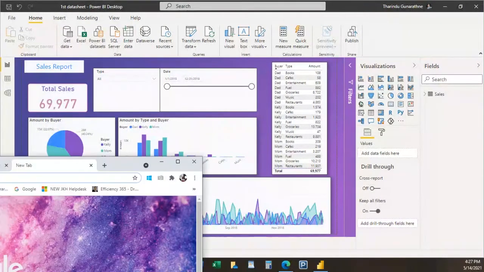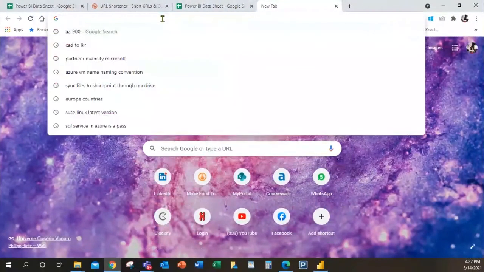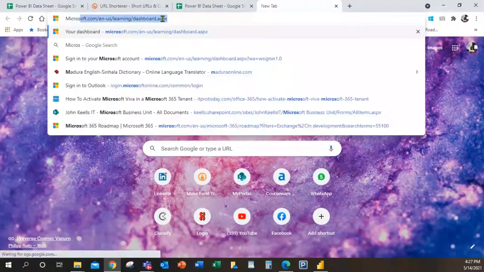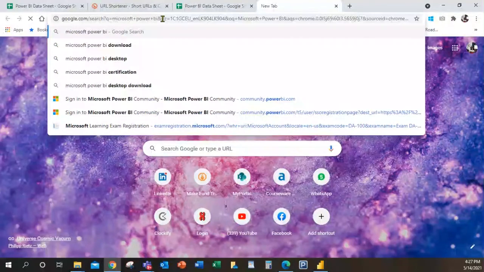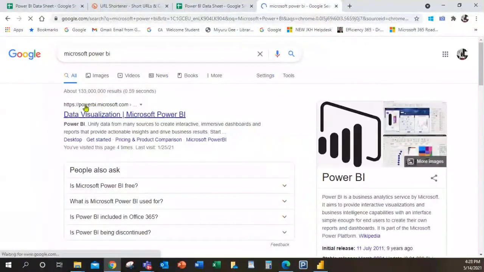Now I'm going to Google Chrome and searching for Microsoft Power BI. You can try with me. Powerbi.com, sorry, powerbi.microsoft.com. I'm going to that website.